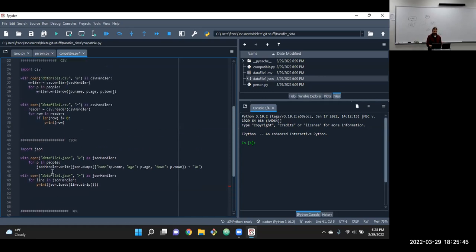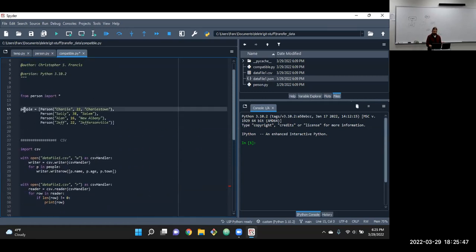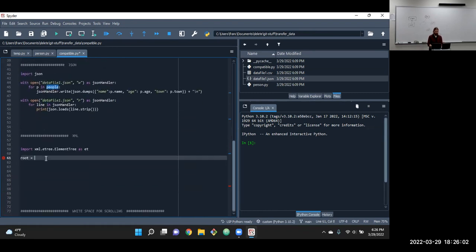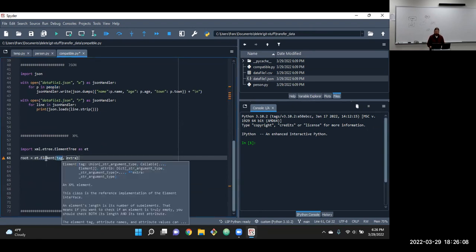And on our data, just to remind you, let's scroll up. Our sample data was this array of those person objects. So that's going to be our root element, our root tag, we'll call people. So that element tree, we can say dot element, and